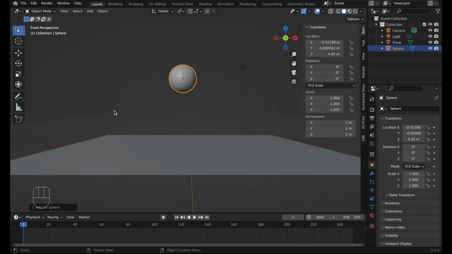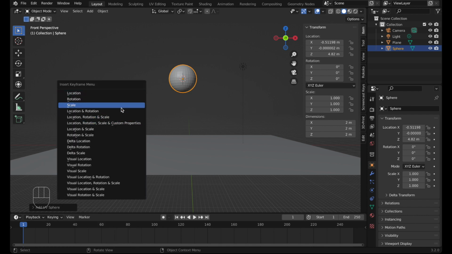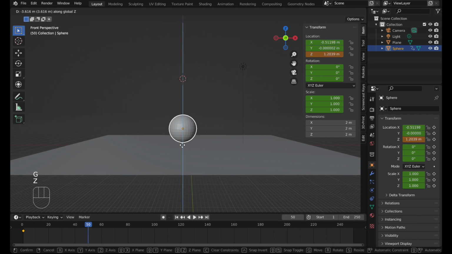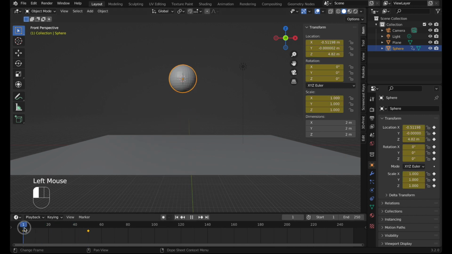So if I tap I, we bring up our keyframe menu. So let's just do location, rotation and scale. So basically that's dropped a keyframe there in the timeline, and it's recorded this object's location, its rotation and its scale. Now if I jump to, let's just go to roughly 50, and I'm then going to grab this in the Z-axis, and let's have it so it's just touching the ground. I'm going to tap I and do another location, rotation, scale, and you can see what that's done is on this timeline here, if I just tap space, it will play,